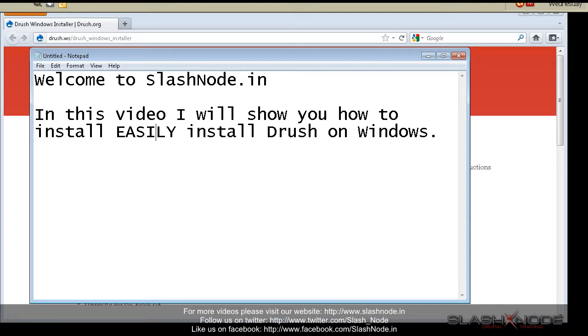Using Drush is not rocket science, and you don't have to be a geek to fire those simple commands. Installing Drush on a Linux-based system is very easy. You just need to download it and make a few symlinks and you are done. But in Windows, you need to install lots of tools and set environment variables. It is not really an impossible task to do, but people face challenges while installing Drush on Windows. Either they forgot to install some tool or set the wrong environment path in Windows.